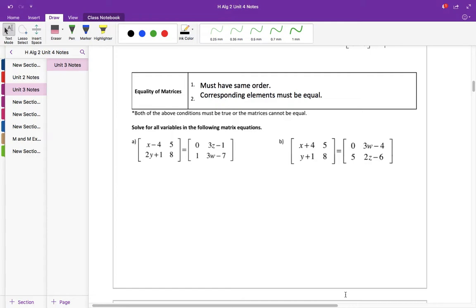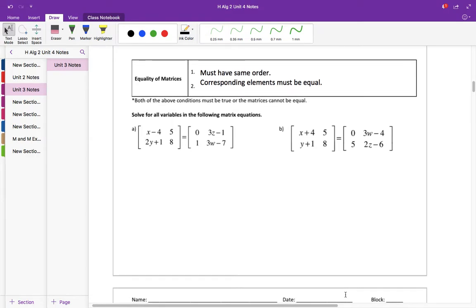So, next thing we're going to talk about is what's called the equality of matrices. In order for two matrices to be equivalent, and matrices, anytime you say that, guys, is the plural of matrix. So when we talk about equality of matrices, first thing is they must have the exact same orders. That's already where order is going to be important. And then the second thing is that the corresponding elements must be equal to each other. For example, just to give you a very basic example, if you had 1 and 2 equal to 1 and 2,